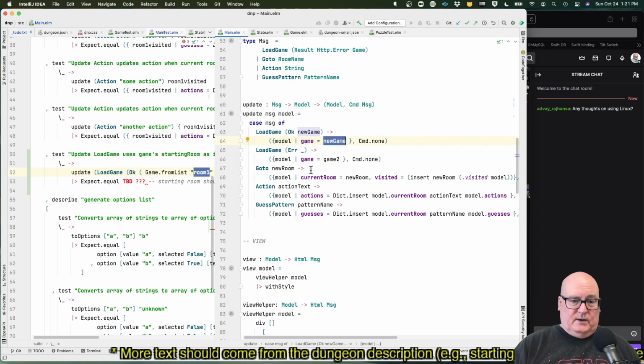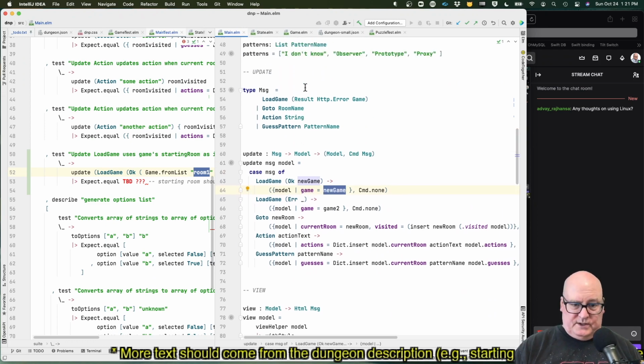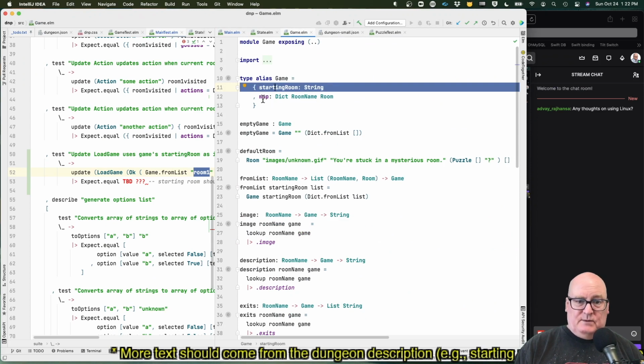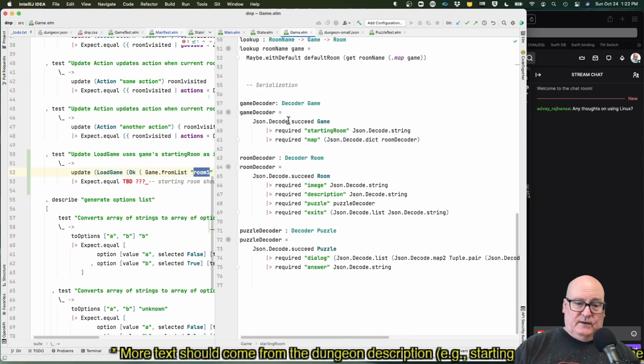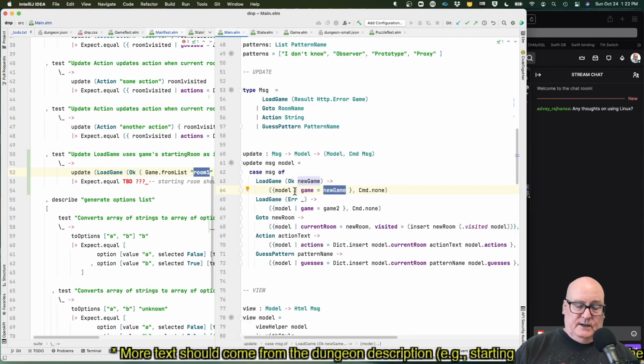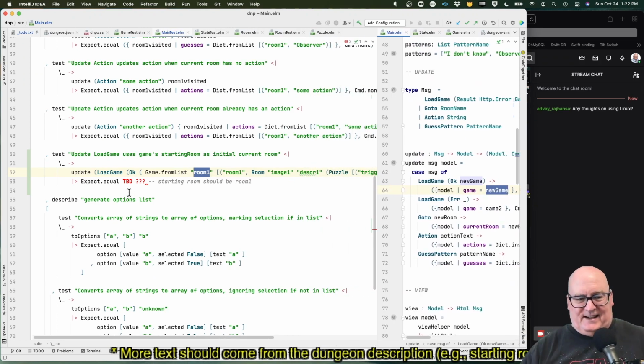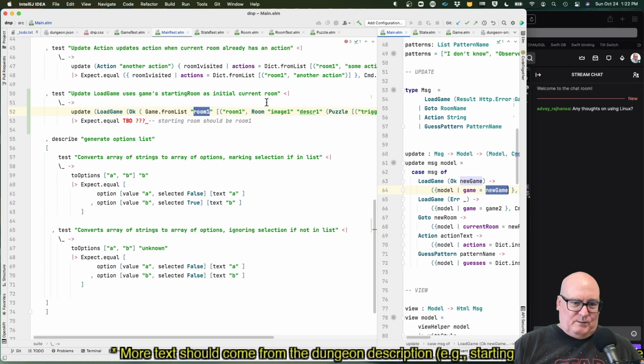All right, now what we've changed, and again, let me get game. A game now has a starting room. A game used to just be a dictionary with the map in it, but now it has a starting room. So when it loads this thing, it definitely reads the starting room, but nothing in the main. In here, when we set up the initialization, we don't use the starting room. So that's the thing we're trying to put in our test, and we left off trying to write that test last time. Okay, so update should use the game starting room as the initial current room.